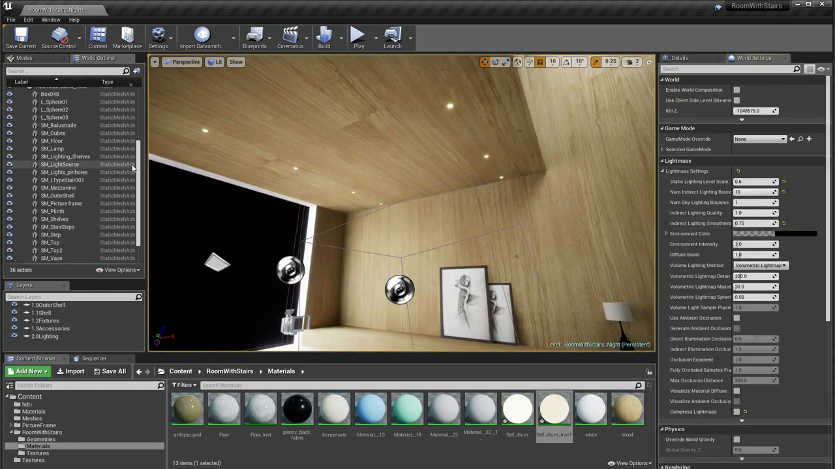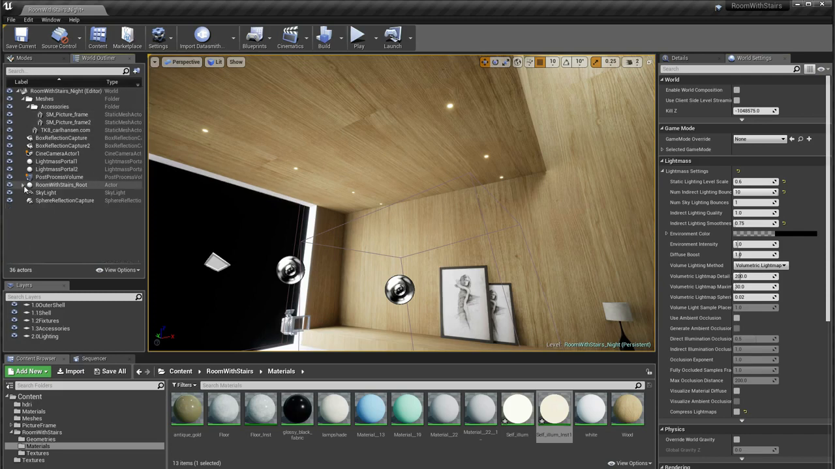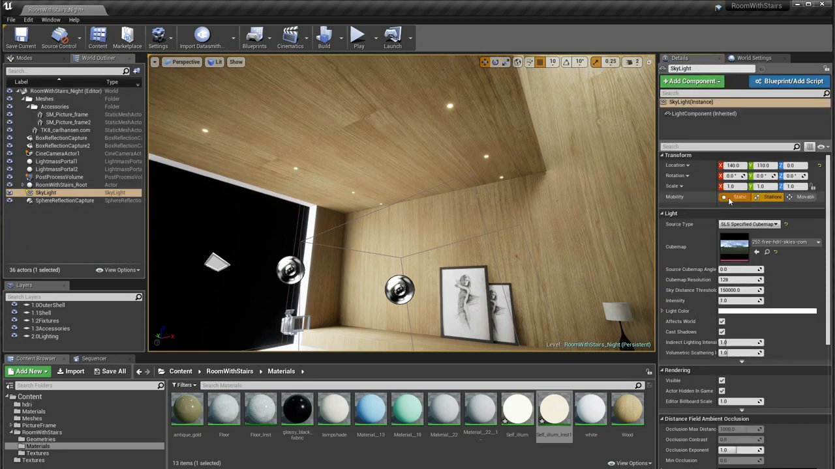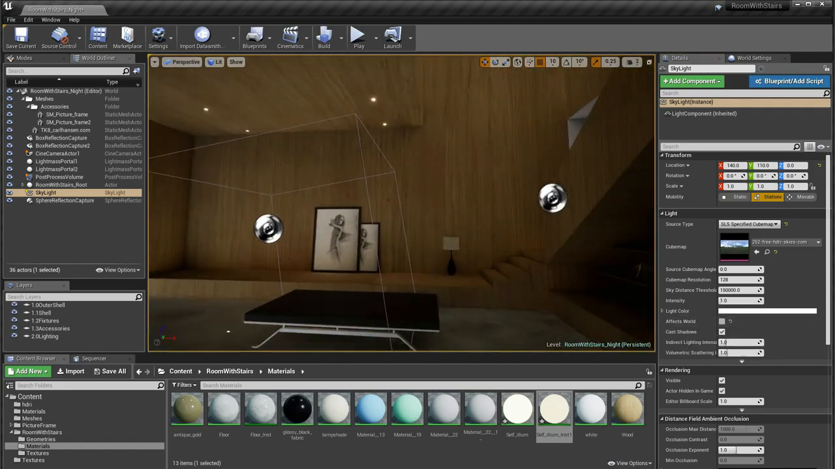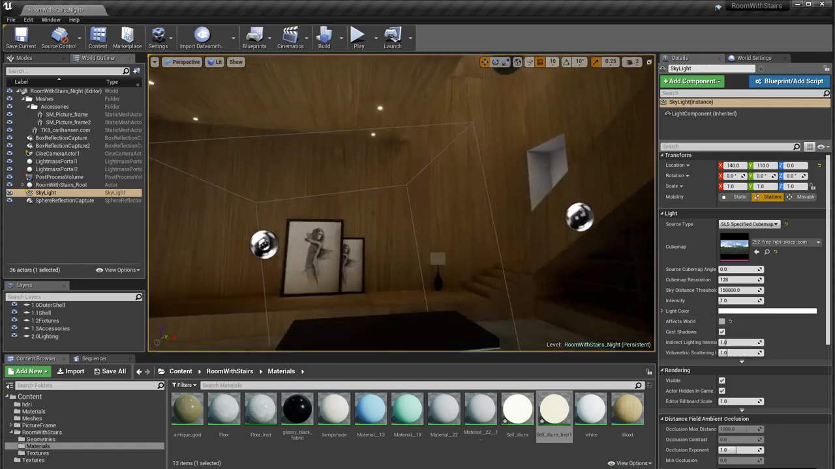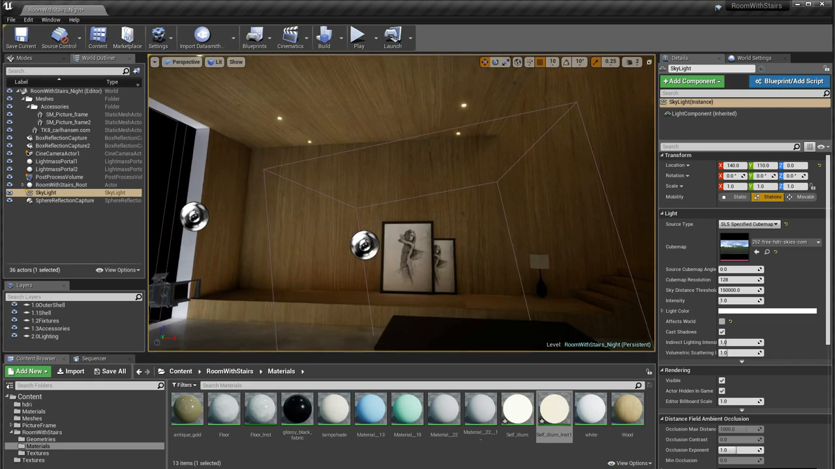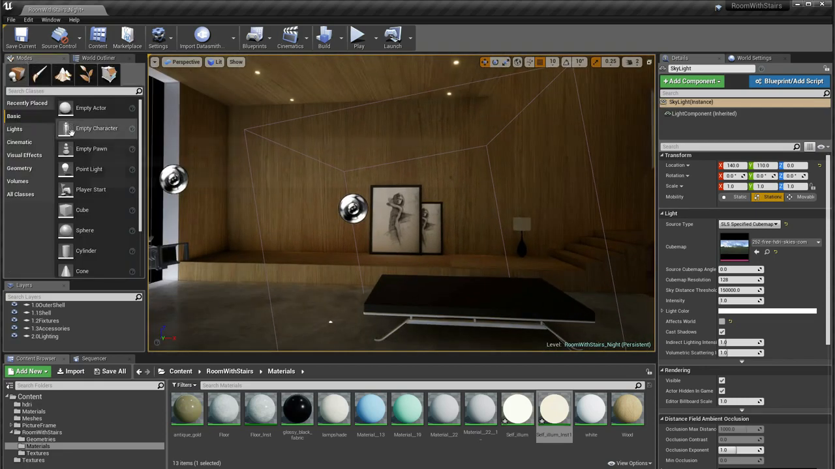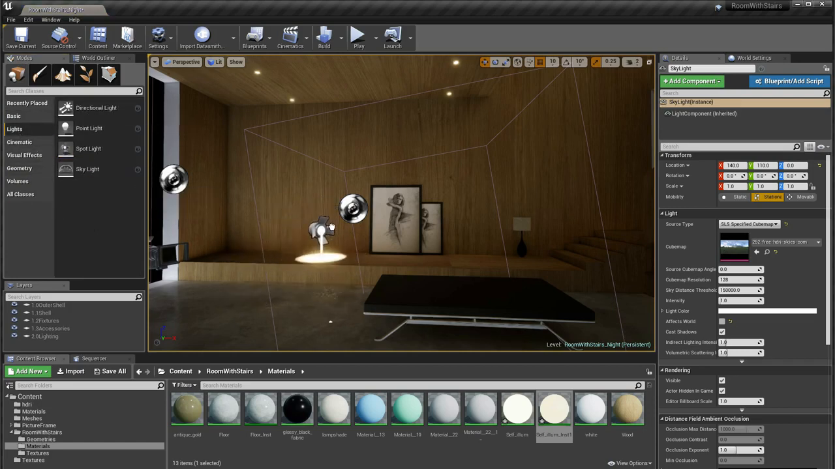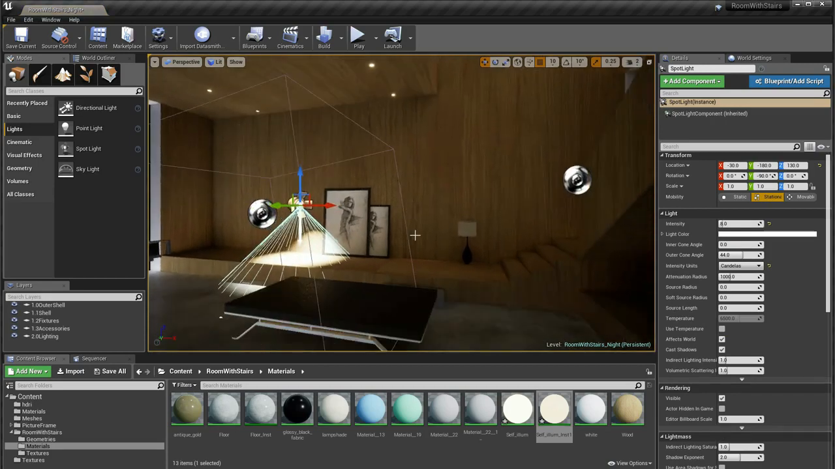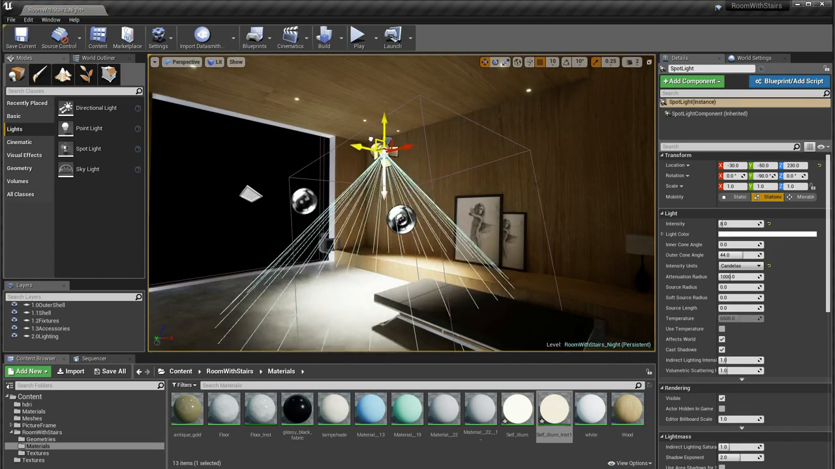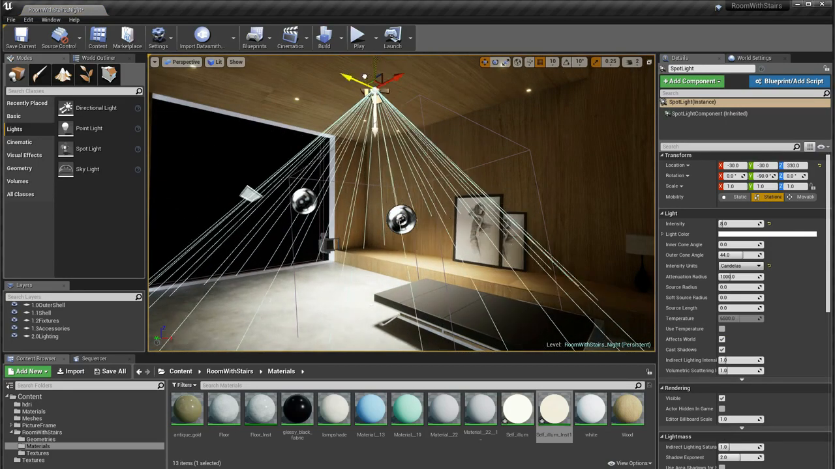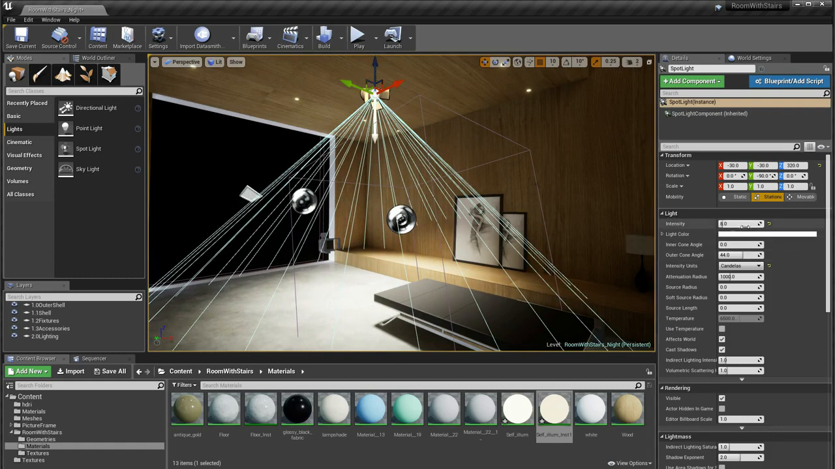Now I'm going to turn the skylight off. Actually, it looks quite good like this. And let's drag a spotlight. So really simple. So the spotlights again are similar to the sun, to the direct light, in the sense that